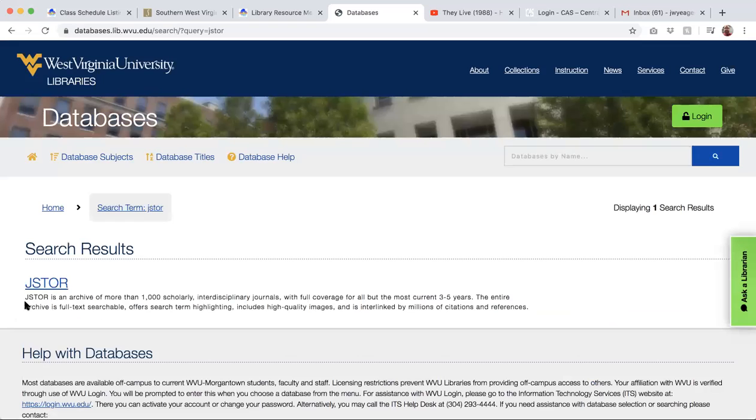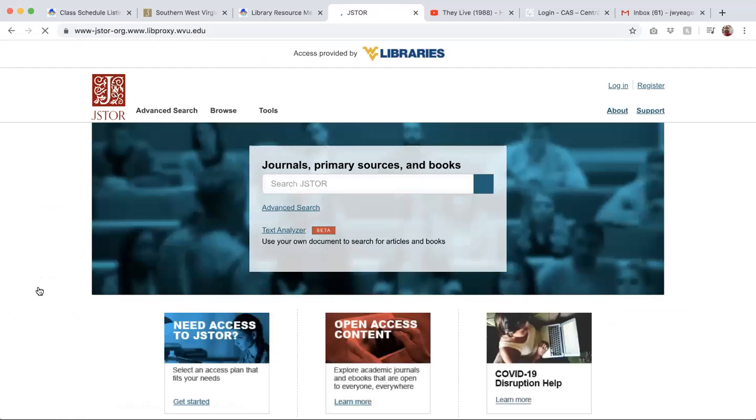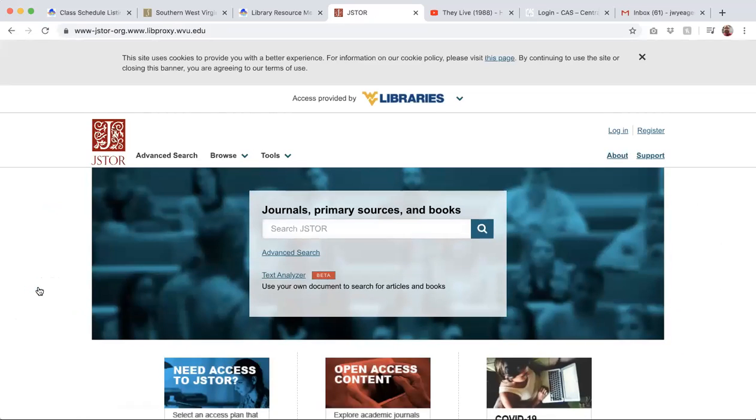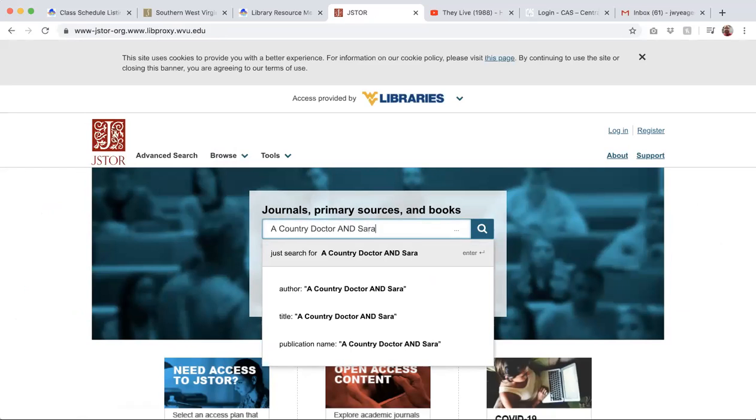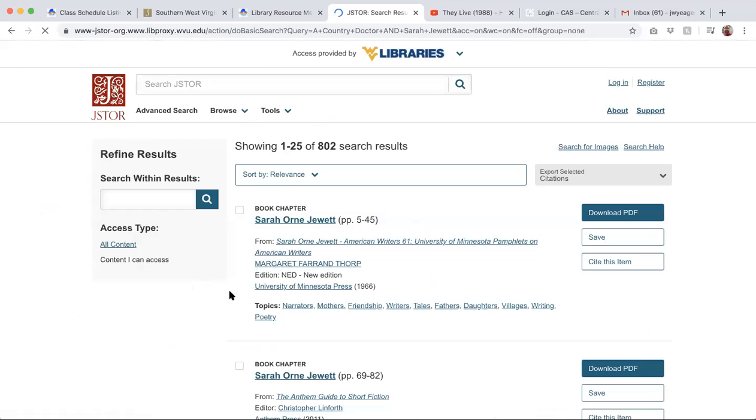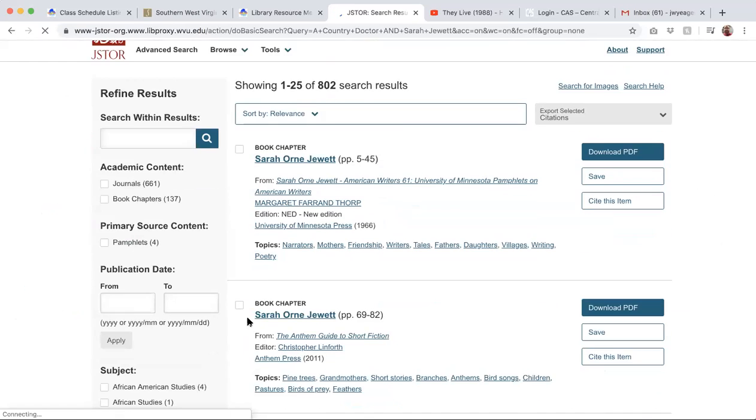If you guys move on to another college in the future, it's good to know these different names of these databases, right? JSTOR is a popular one. This one will probably have a bunch of stuff. Oh, 852,800.